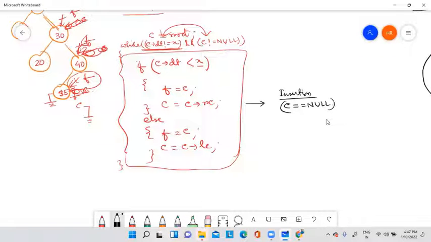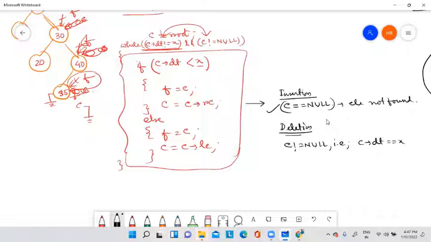When C becomes null, element not found, then it stops. So in case of insertion, if C is equal to null, then you can insert. And when you are performing deletion, then C is not equal to null, which automatically means C arrow data equals x. You have stopped due to this. If you stop due to this, it means C is not equal to null. If you stop due to the other, it means C equals null.